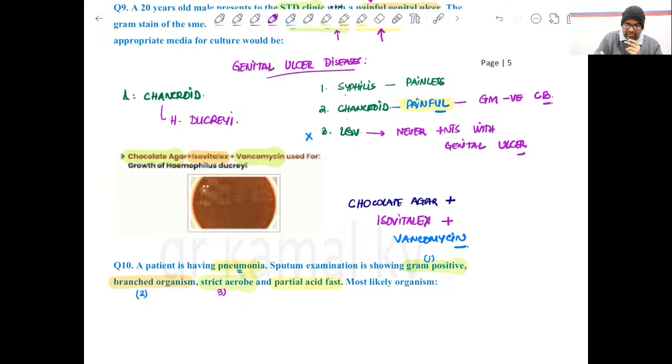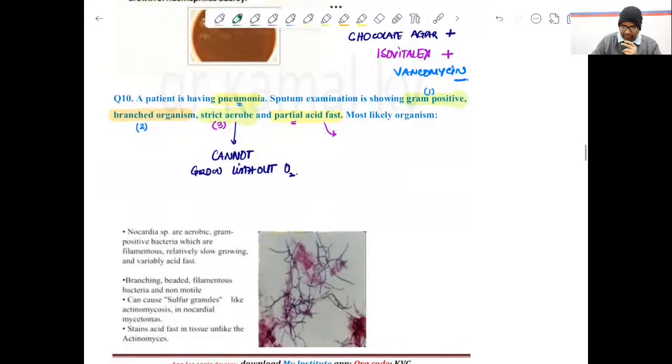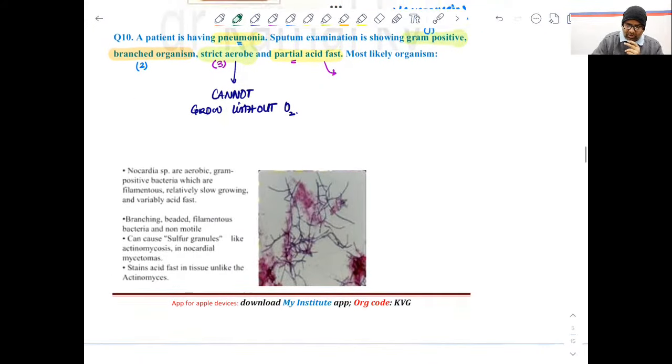Strict aerobe means cannot grow without oxygen, right? Cannot grow without oxygen. And partial acid fast means it will show pink color on Ziehl-Neelsen staining. So partial acid fast. Now this all description suits Nocardia. Clear? So this is all